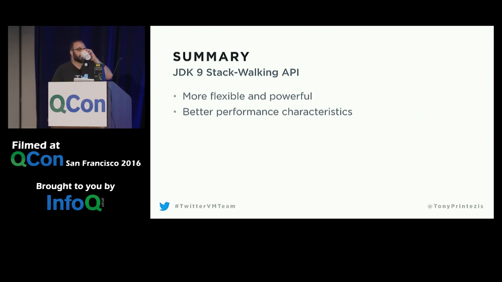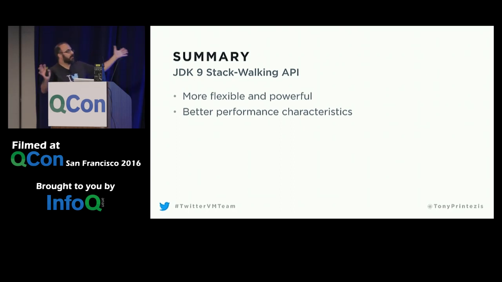All right. So just to summarize, the new stack walking API is actually very flexible and powerful. It has way better performance characteristics compared to what was there before. And I believe several parts of the JDK have already been updated to use that instead of whatever scheme they were using before. And it might allow stack walking to be done in certain situations that before it was too expensive. For example, you have some logging system, and we log reasonably frequently. You say, I cannot afford to get a full stack trace because it's too expensive, but I can afford to look at the top 5 frames and just log that, just in case it's helpful. Before, you couldn't do that, but maybe now you can.